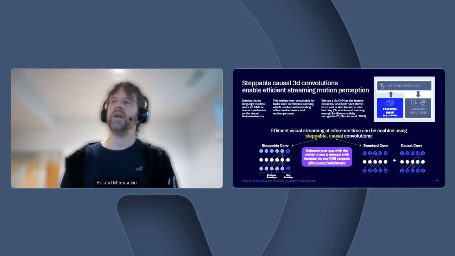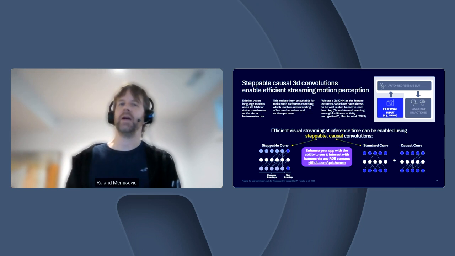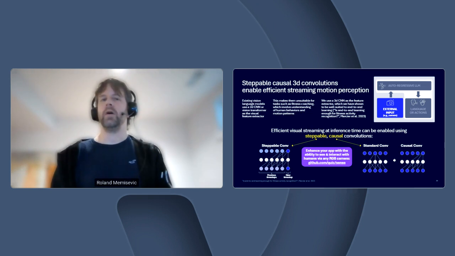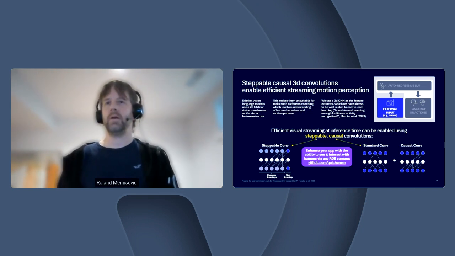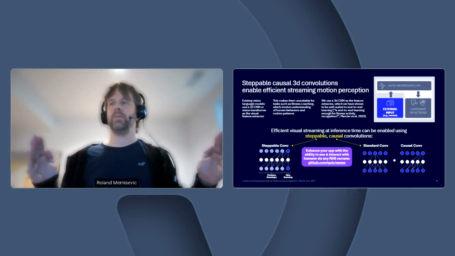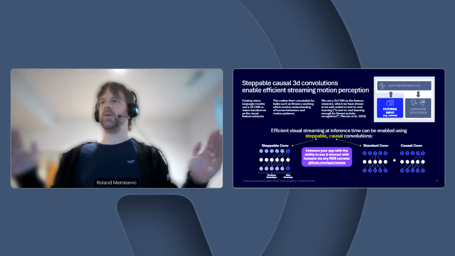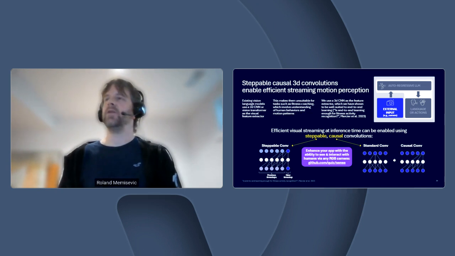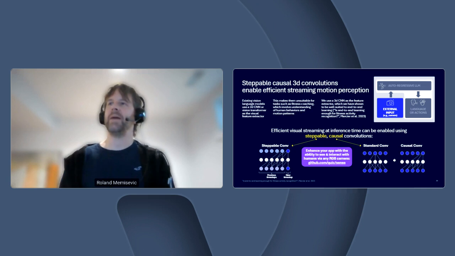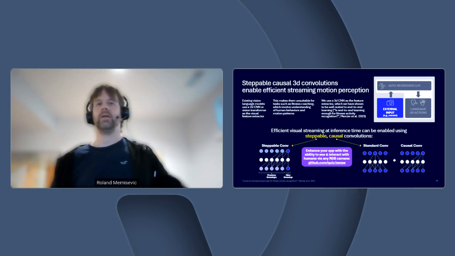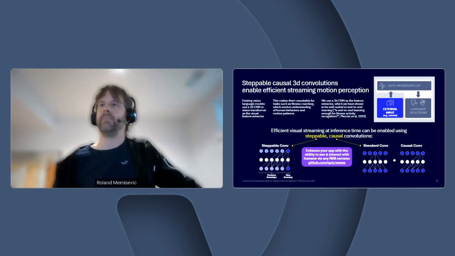But the problem with this 3D convnet, if you want to deploy it at the edge in real time, is that if you do it naively, you're going to wind up with a lot of compute, because if you naively process a video stream across time, and at time t+1 the next frame comes in, then you would just be redoing all the computations up to time t. And there is no need for that because the model already processed the past, essentially. In order to make this more real-time and edge-friendly, we came up with an implementation that is using what we call steppable convolutions.